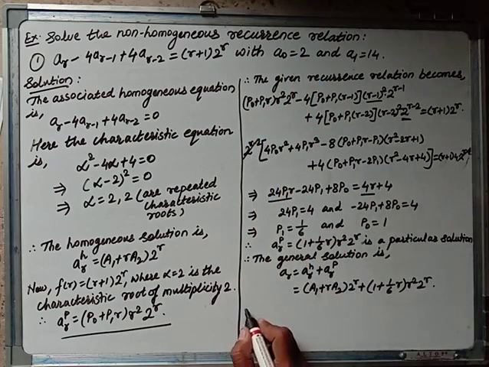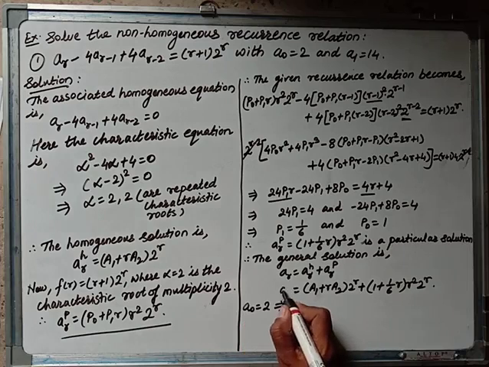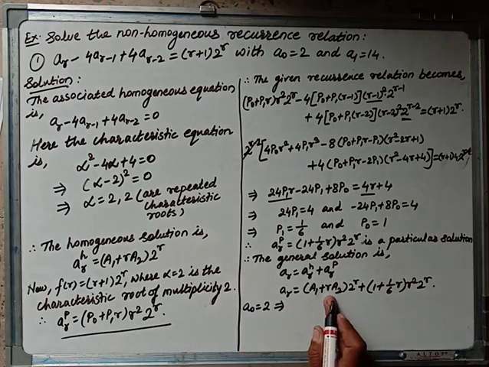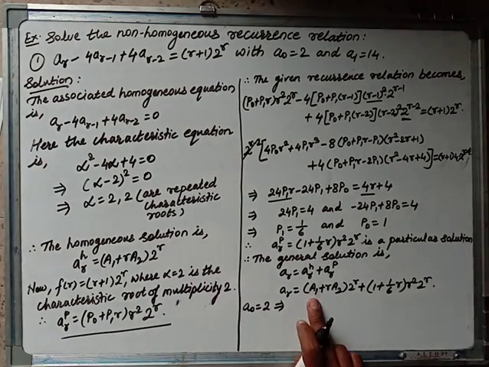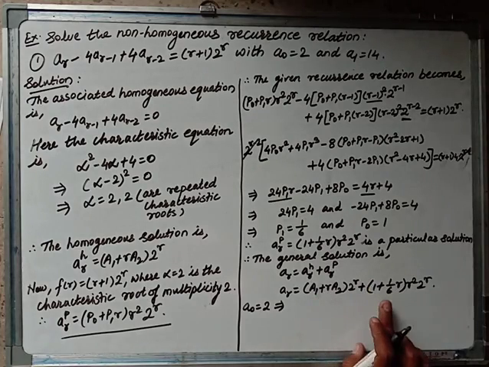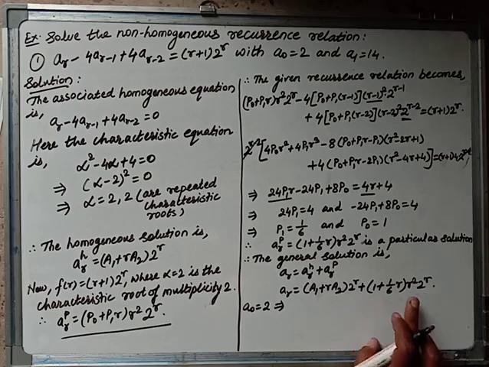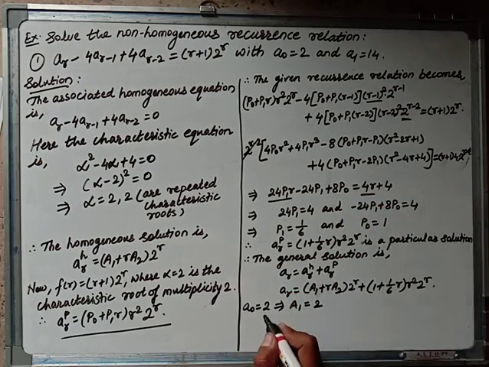So now A0 is equal to 2. That gives us R will be 0. Put R equal to 0 here, so this will become 0. Here only A1 will be left from this bracket, and here we will get 1. Here R is 0, so the whole term will become 0 because of this R square. So we will directly get A1 is equal to 2. Now the other initial condition is